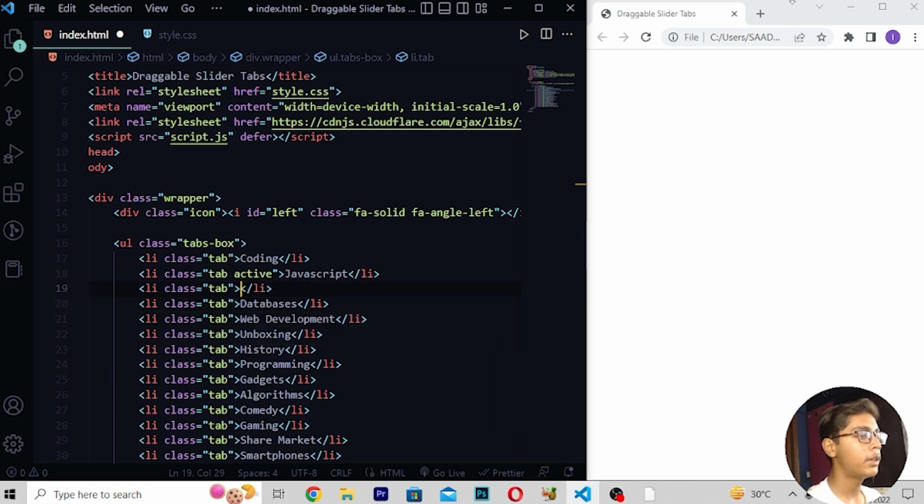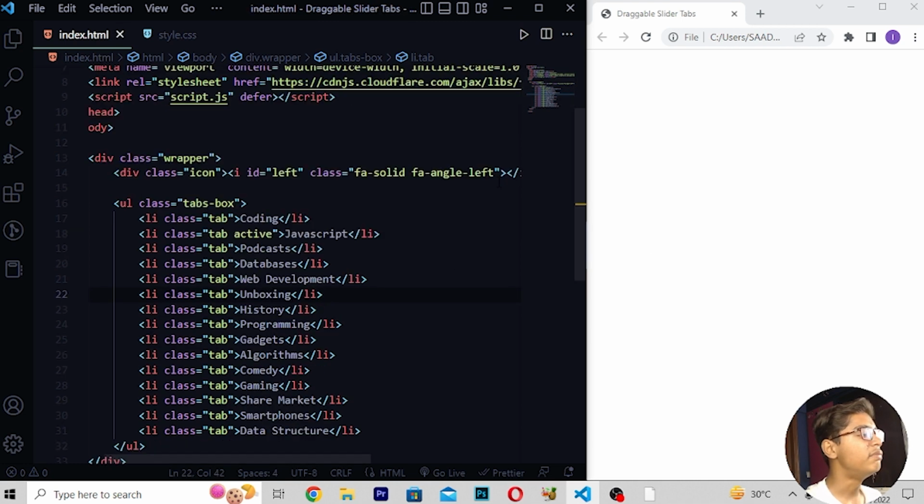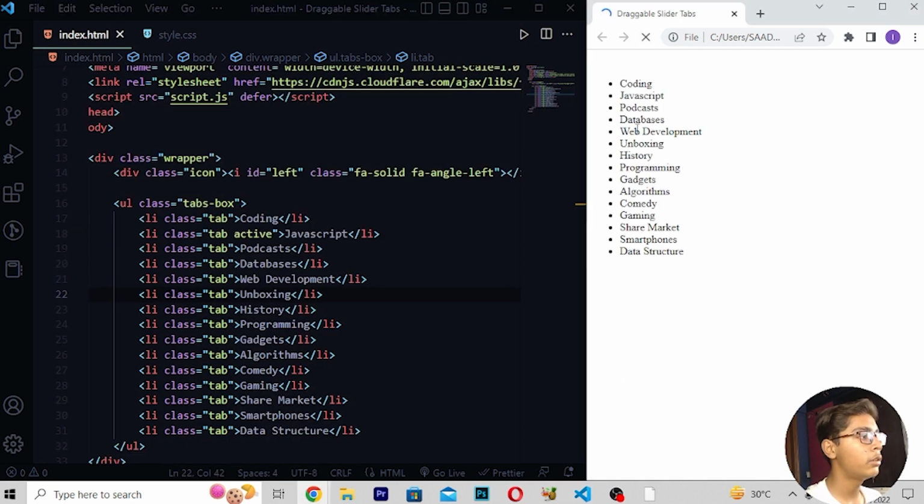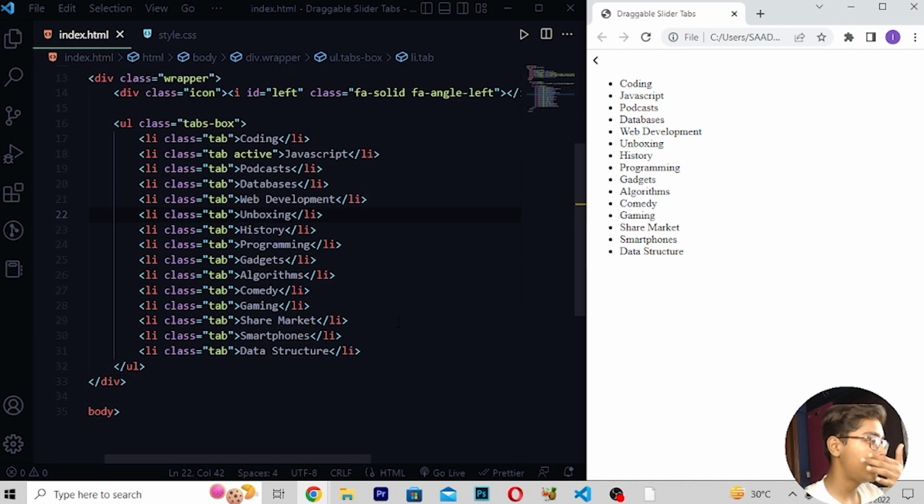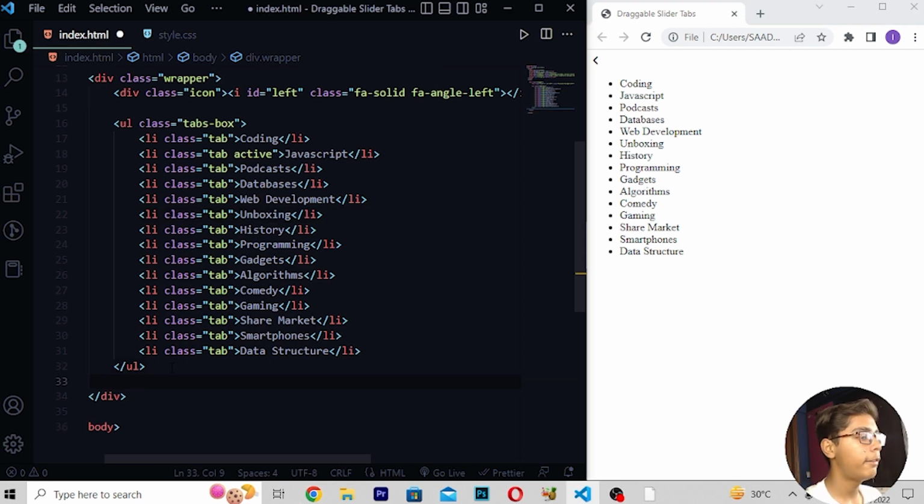Then here I will be now writing control Z. It is perfect. Now save this. Then you have to reload, and you can see we are getting all this stuff here. Now when you're getting this, here I will be doing one thing. Just here I will be moving under this UL tag which we have written, and when you just move down,